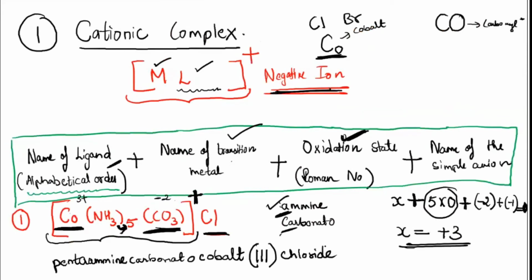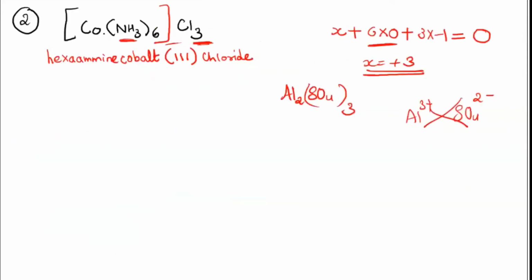Okay. Now, in this case, because the whole coordination sphere carries 3 plus charge, 3 chloride ions have got attached here. Now, when you come across any number which is present outside, like this 3, 2, some number, you will not mention anything about this number. You will just write the name of the counter ion which is present.